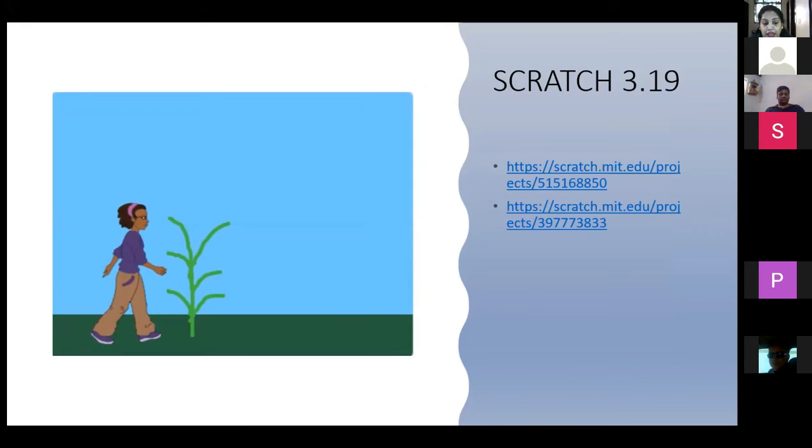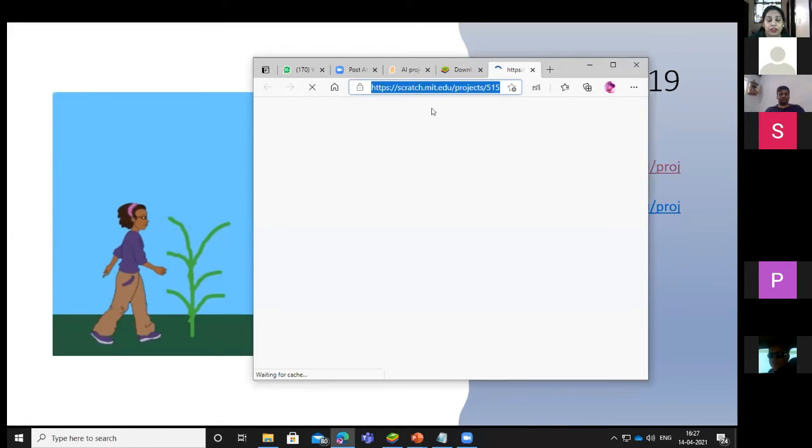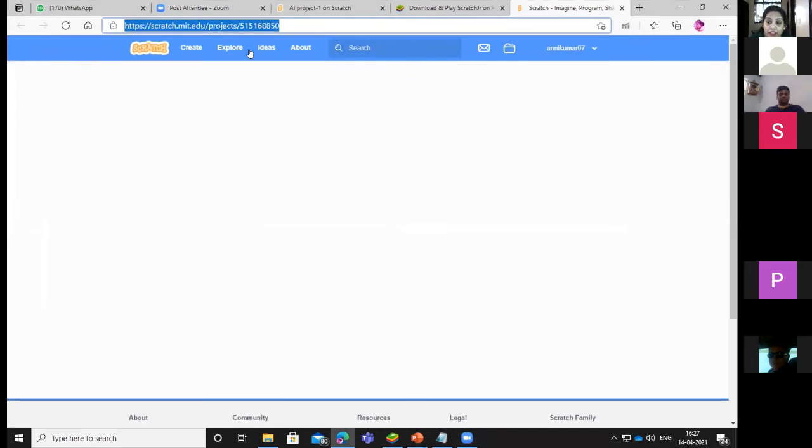Here, two things are happening. The background is also moving, and the character is also moving. How are these two things happening? I am going to give you the code of this also. You can edit the code. First of all, you need to have your ID created in scratch.mit.edu.